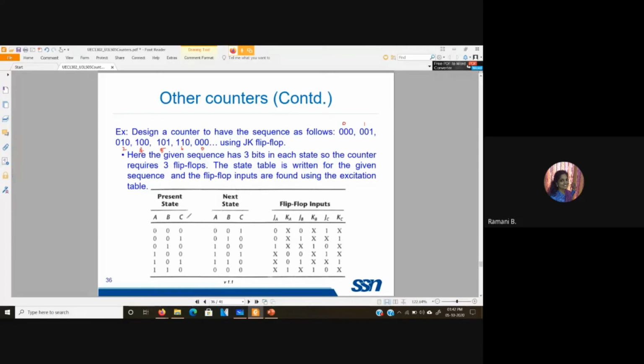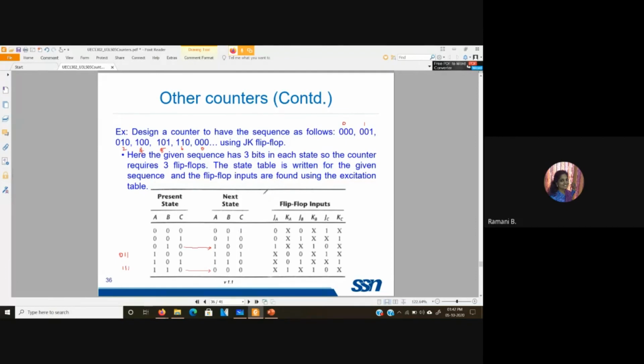The state table is written for it. If the present state value is 0, 1, 0, the next state is 1, 0, 0. And if the present state is 1, 1, 0, the next state is 0, 0, 0. We have left out 0, 1, 1 and 1, 1, 1 from the state table.